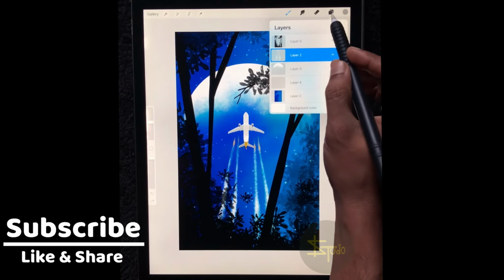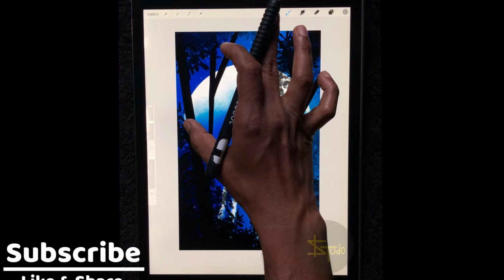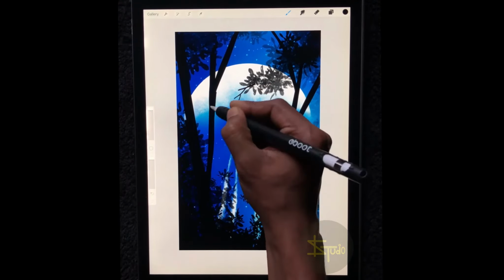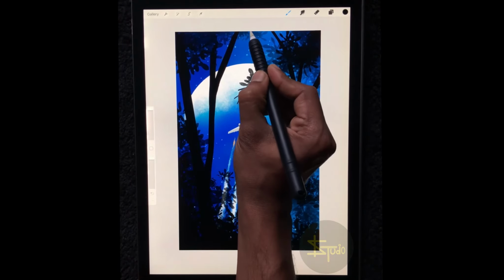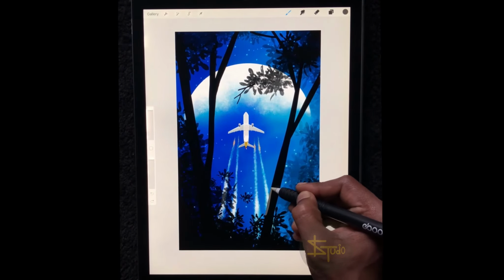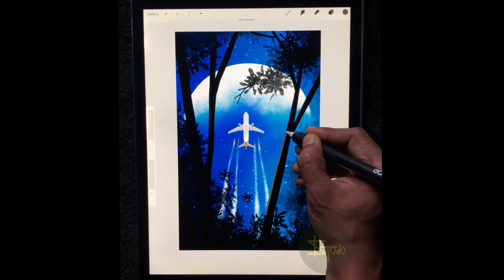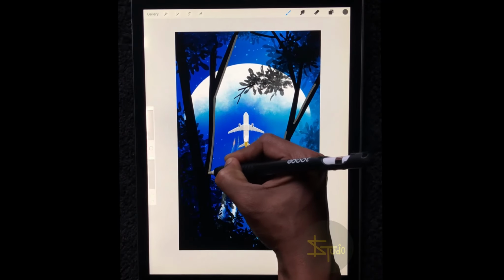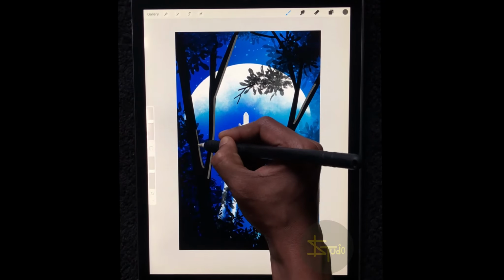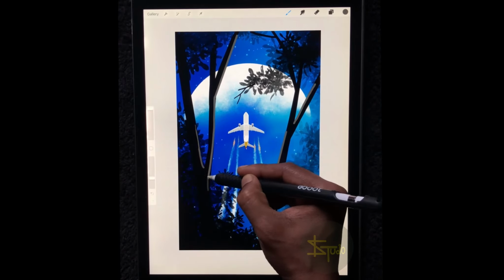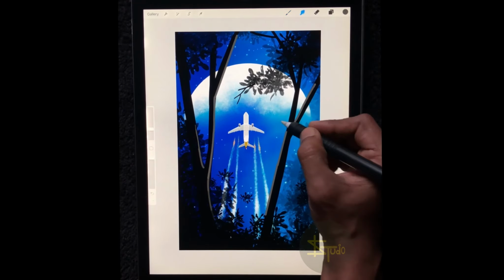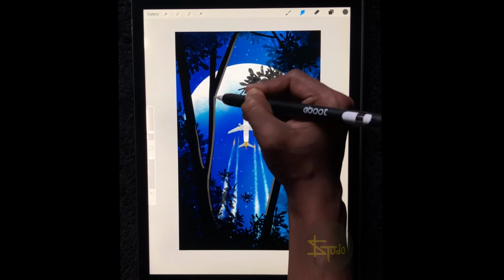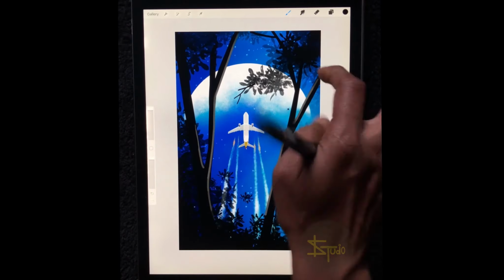There is another technique you must remember. Most people do their work on Procreate, but it looks blurry when you zoom in, because they didn't select their canvas size in inches, they selected their canvas size in pixels. That's why it looks blurry. So when you select your canvas, make sure it's in inches and the resolution should be 300 to 400. After you finish your work, it will give you a good result.